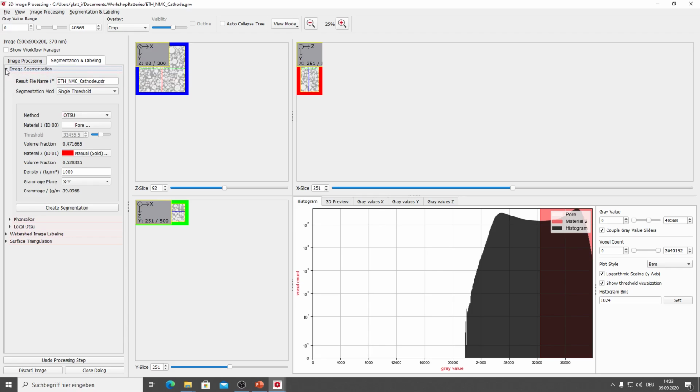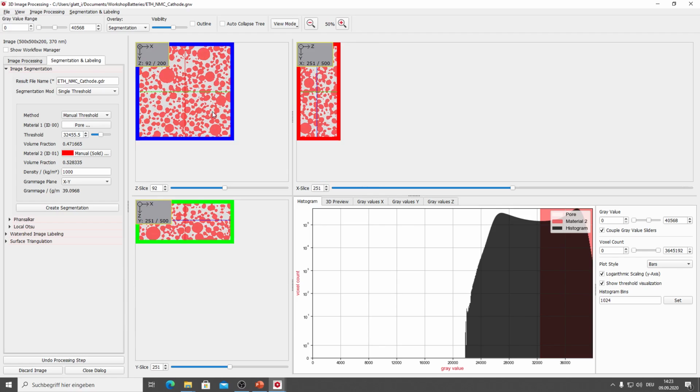What we are going to do now is only segmenting the image. We unfold the image segmentation tab. Then, just for the purpose of visualization, we choose the manual threshold as the method. And just zoom a little bit into the structure, please. Here you can play around with the visibility again. Maybe we can turn it a little bit down so that we can see where the original image is below that.